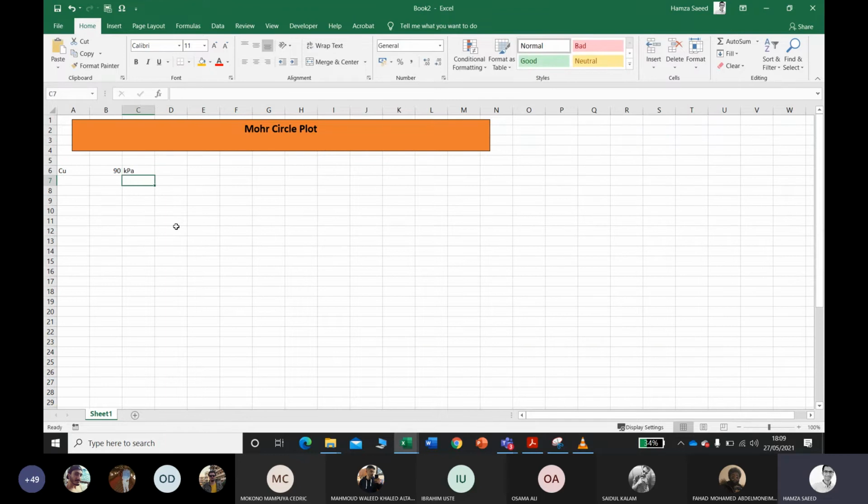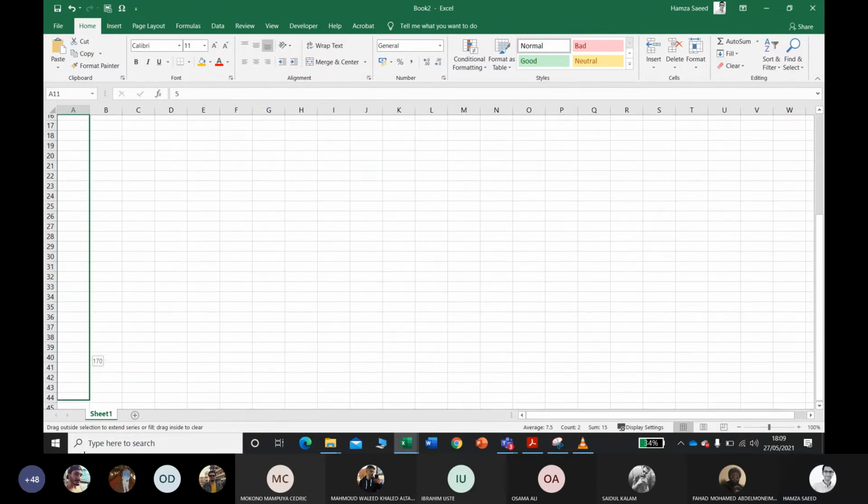Okay, guys. So what else you can do over here is that we are going to use sine and cosine rule in order to plot the Mohr circle. So first, in the first column, write degrees. As you know that it will be a 180 degree circle. So start with 0 and with 5 increments, go up to 180.